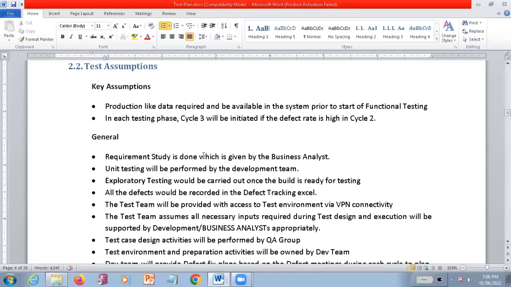Even if you are working in the same company, each and every project's test plan report is going to vary based on the requirements we get and what type of testing we want to do. Now you just got it, what a test plan is.